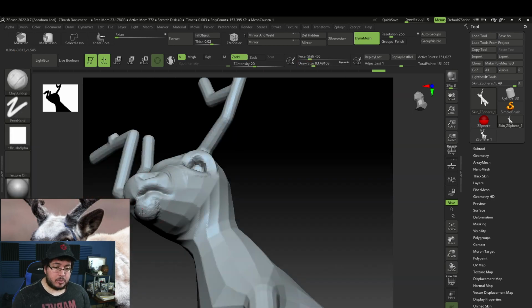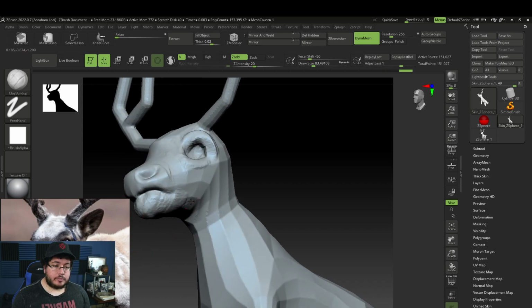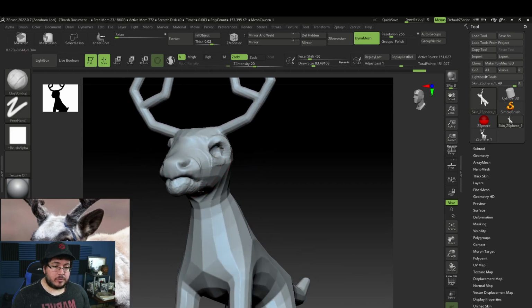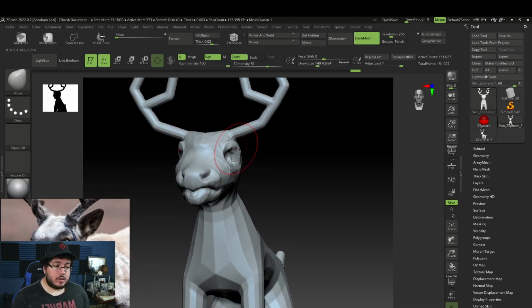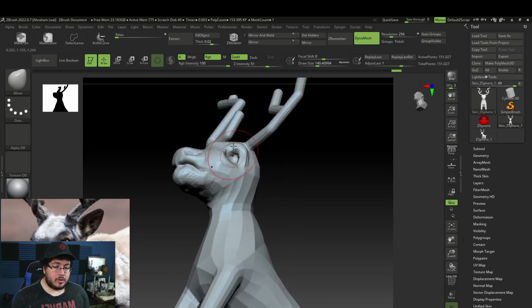I'm gonna definitely give it a little bit more chin. From the front view, it looks a little bit weird, so let's fix some of the proportions here. And then give me a little bit more jaw. The jaws are really important. A lot of people